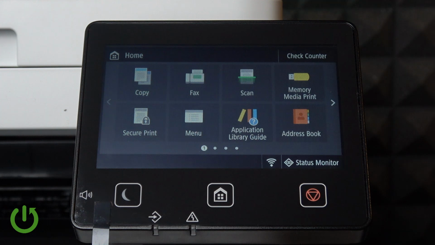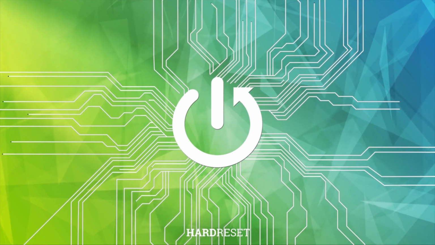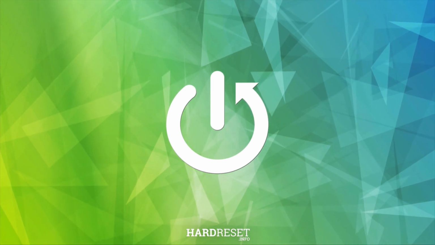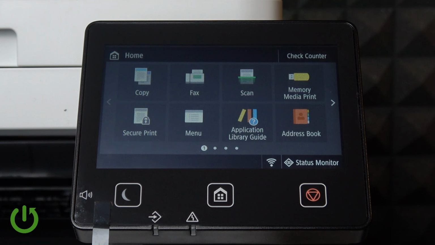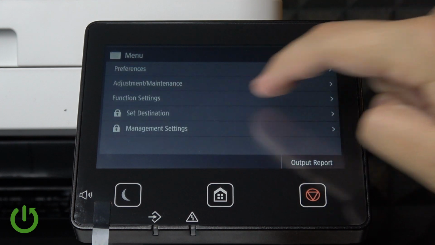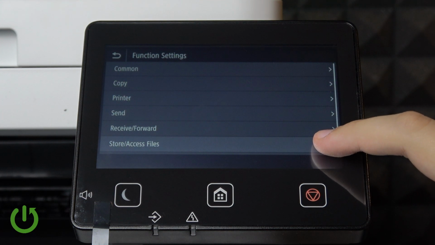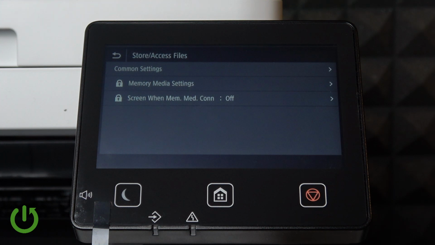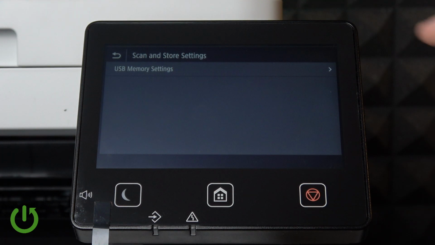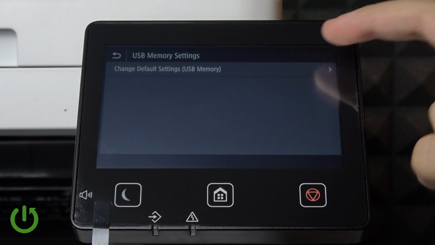In today's video, I'll show you how to change the original type in USB memory settings on your CANON i-SENSYS MF657Cdw. So first, what we want to do is go over to the menu, select function settings, and go to the store access files. Here we need to click on the common settings, CANON store settings, and then USB memory settings and change default